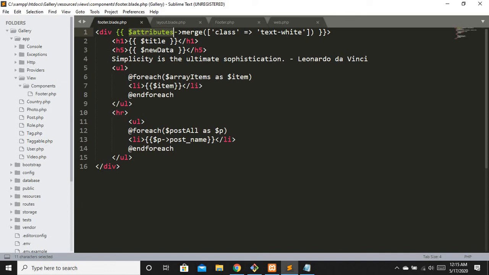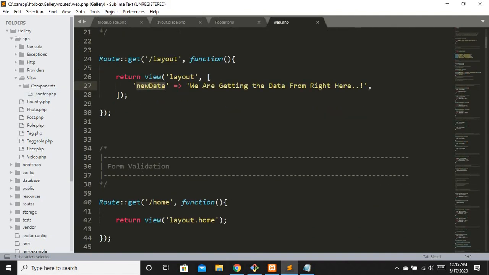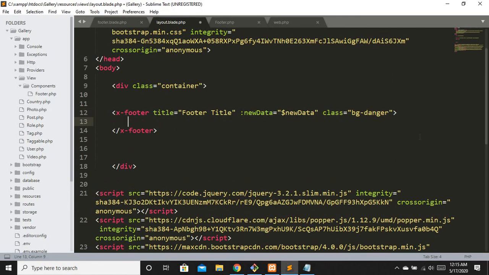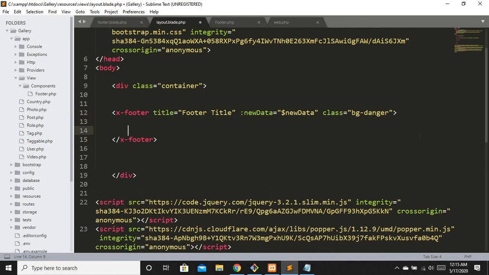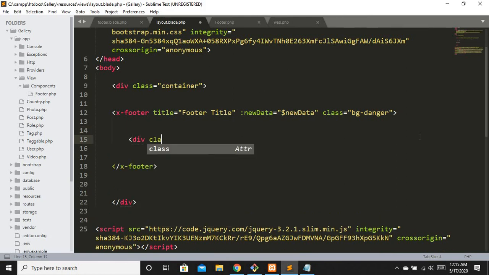Okay, now I just want to show you another thing, that let's say if you want to create a specific div inside this element, like if you want to have your custom div, in any case, Laravel has the option for it. In this case, I will just create a div class.